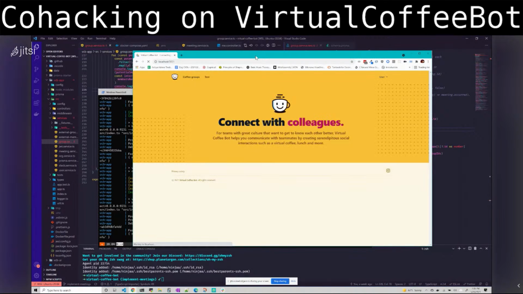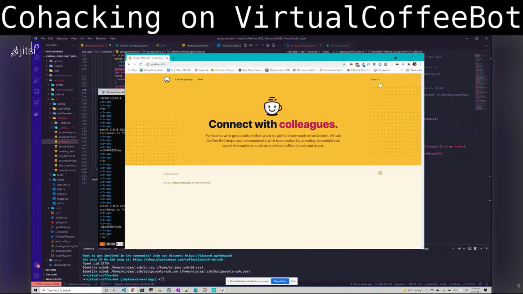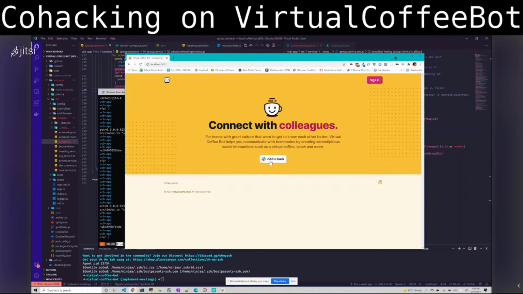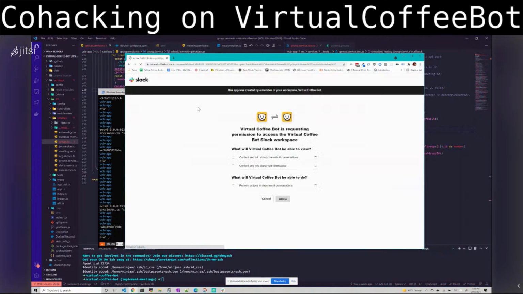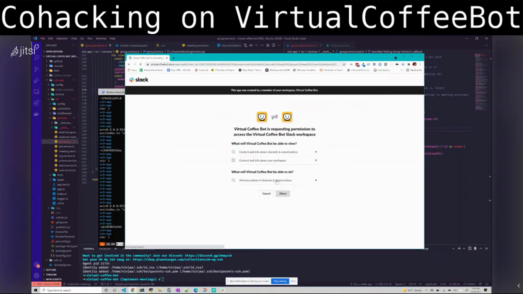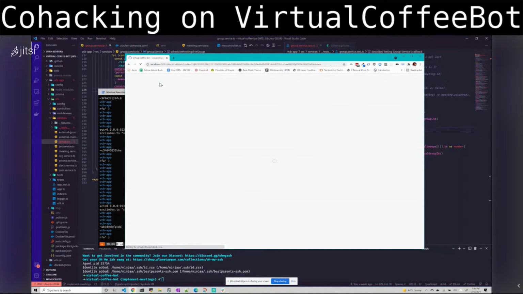This is the rather good-looking VirtualCoffeeBot. As it says, it creates serendipitous social encounters. The way it works is one person in the Slack workspace will add VirtualCoffeeBot to their organization. Okay, why is the allow button grayed out? Still requesting permissions. When they click allow, VirtualCoffeeBot will allow them